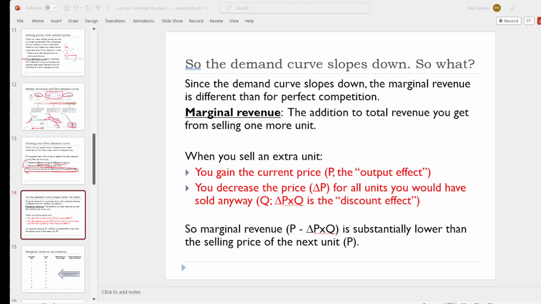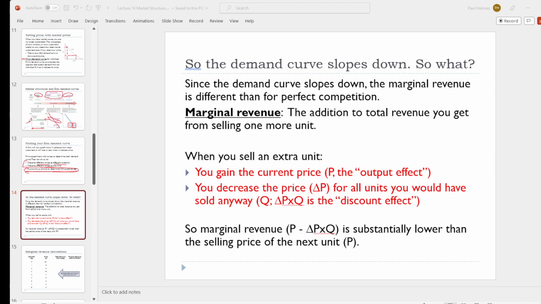Okay, so we have a downward sloping demand curve. What does that really mean? What is it going to affect for the firms that are trying to decide how much to produce, what price to sell at, and so on? Well, it turns out this downward sloping demand curve is actually a really, really important thing for a firm to